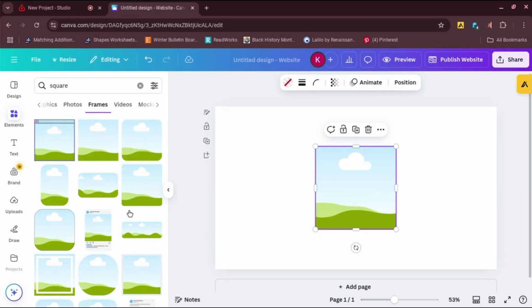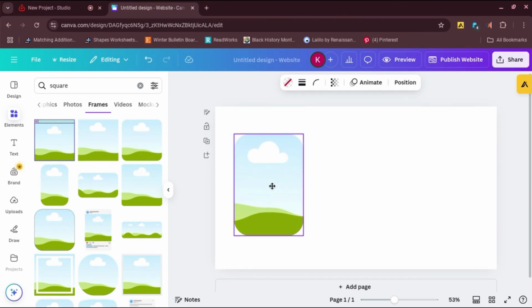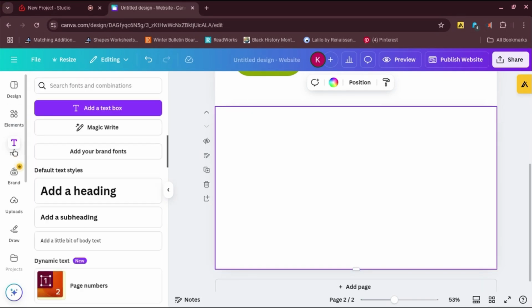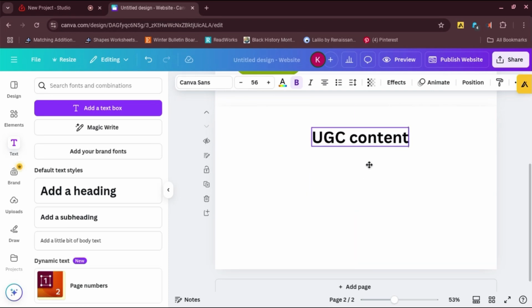So you're going to start, you find whichever photo frame you want. I recommend honestly doing whatever you want, but I found this rectangle one and decided to resize this one just because I like it to fill up half the page. I'm making this from the mind of a new UGC creator, and you might not have a lot to show yet, so we're going to worry about basic placements and what to fill the page up with if you don't think you have a lot. So now we're going to do a basic outline of the whole entire portfolio, starting with,